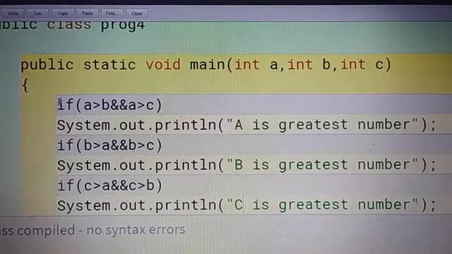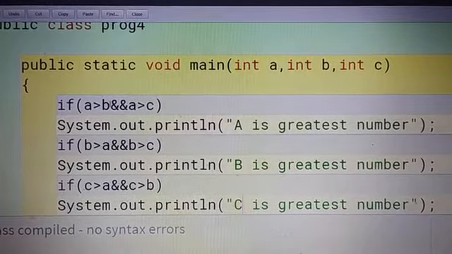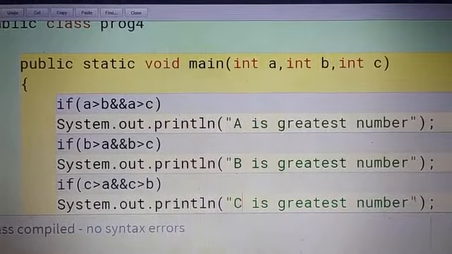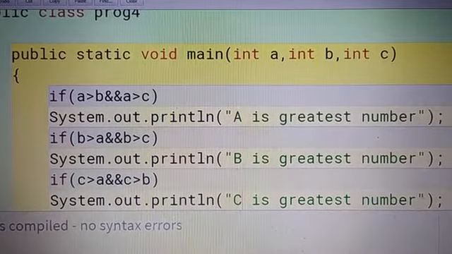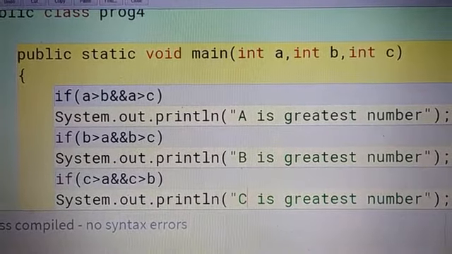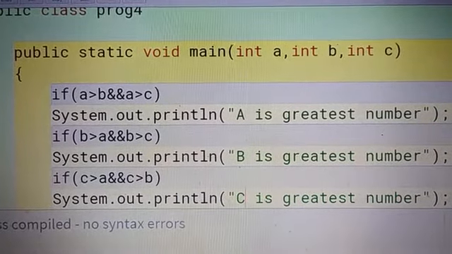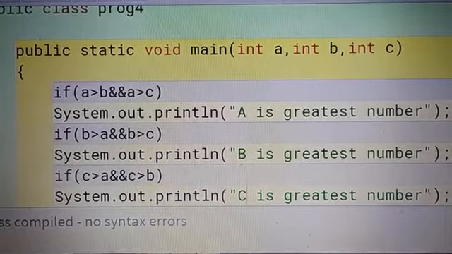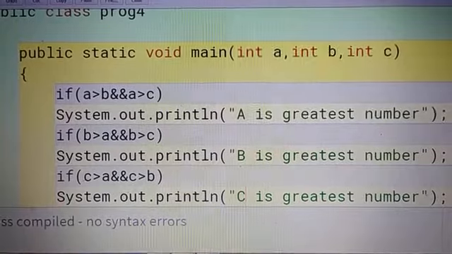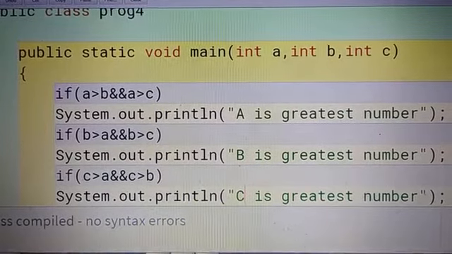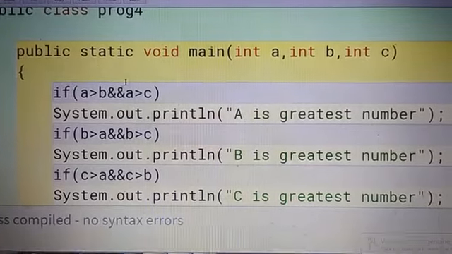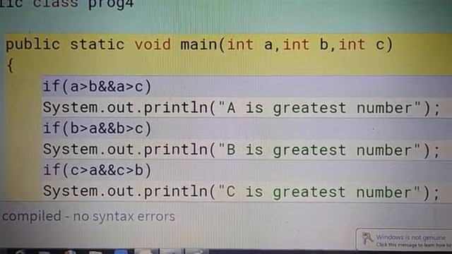Here, in the if condition, we use: if A is greater than B and A is greater than C. Remember, and is a logical operator, which I have explained before. And is used to join two conditions. So if A is greater than B and A is also greater than C, then A is the greatest among the three numbers, and we print A is the greatest number.